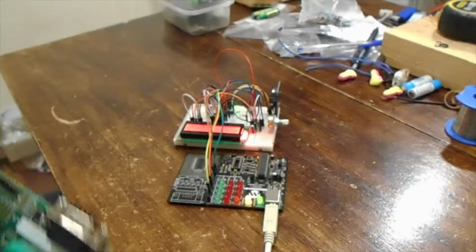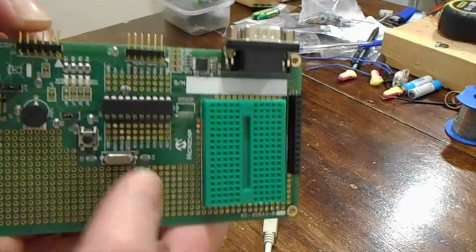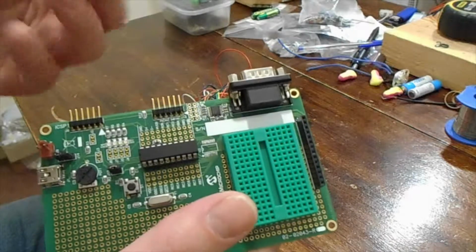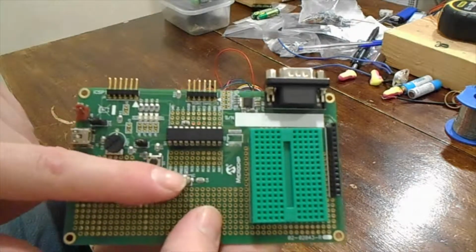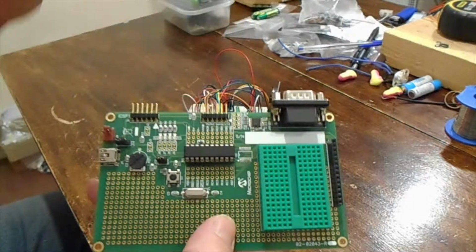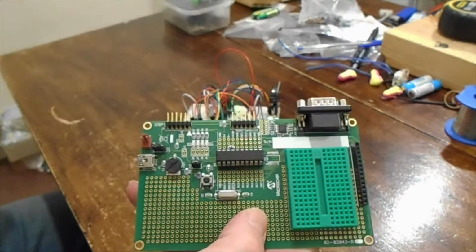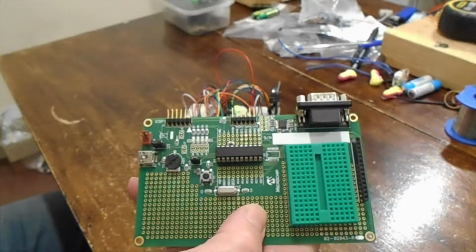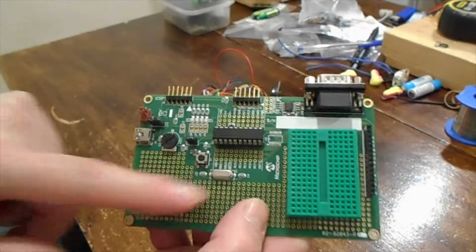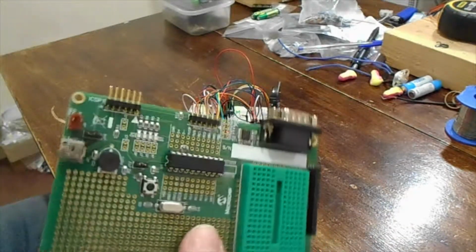But what really struck me as odd is these have an internal interrupt, and they actually have a startup piece of code that checks that the external oscillator is running. If not, they should switch over to the internal one, bring up an interrupt flag, and then carry on running the program. Because the interrupt comes up, you can use software to alter the way the program runs to compensate for the fact you've lost your high precision external oscillator and you're running on a low precision internal one. But I couldn't even seem to get that working,